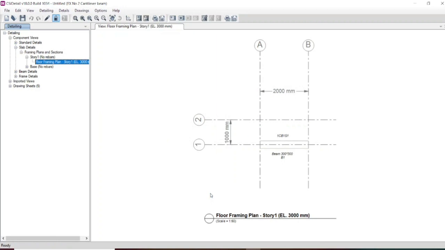Yes, this is our beam here, which we have designed. We have provided a name for the beam, which is 300 by 300, and this is the only section, and we have made two grids, that is at x-axis and y-axis.